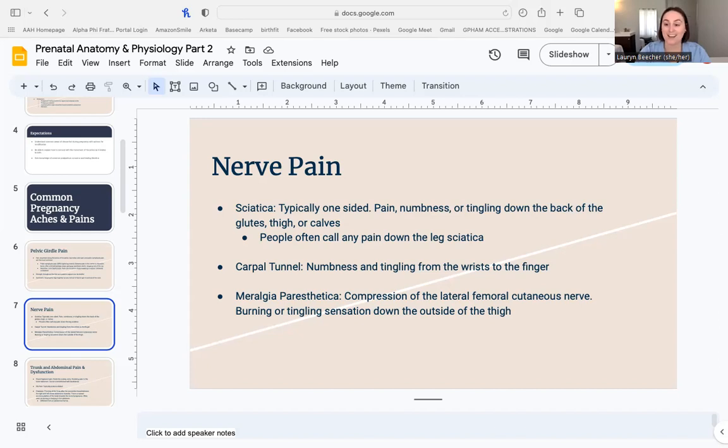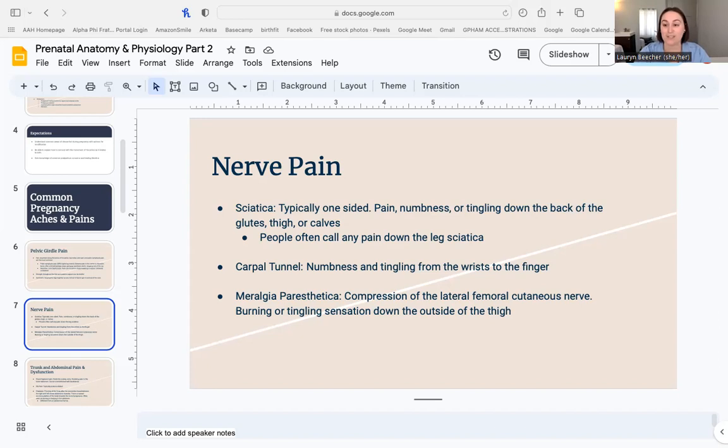So with sciatica, I'm looking to see how can I help this person get their hips moving, build back some strength in the low back and around the glutes so that I'm supporting the spine and the pelvis, versus if someone's describing this muscle ache down the back of their thigh, I'm thinking more about their hamstrings. So what can we incorporate to, again, build strength and mobility, but focusing a little bit differently than I would for sciatica?